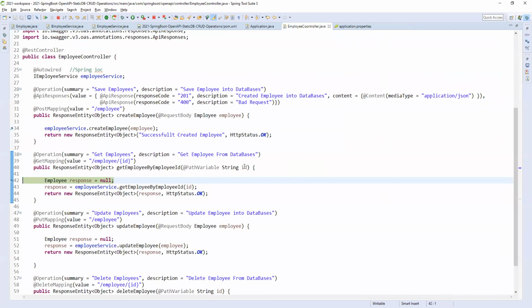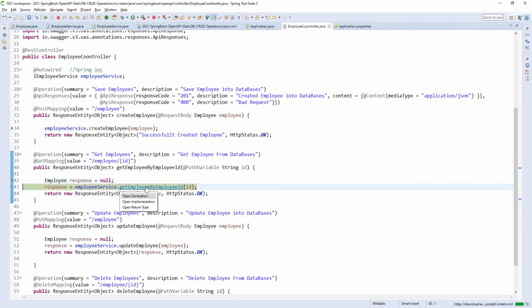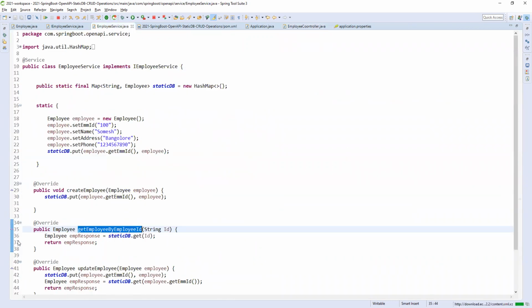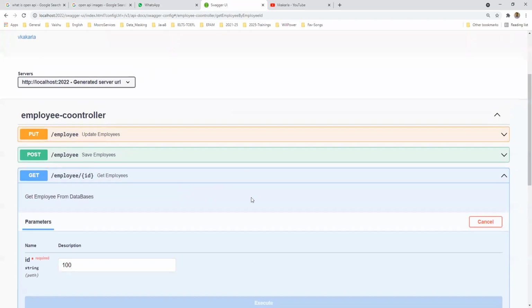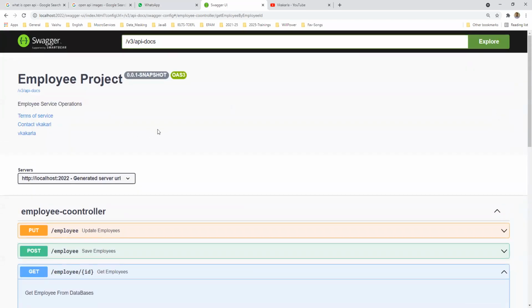Whatever ID we are passing here, it is coming here, and step over. And I'm passing the return also here. So there is no need to go for Postman here. Instead of Postman, we can directly test our application along with our URL only. No need to go for Postman or any testing tool like SOAP UI.